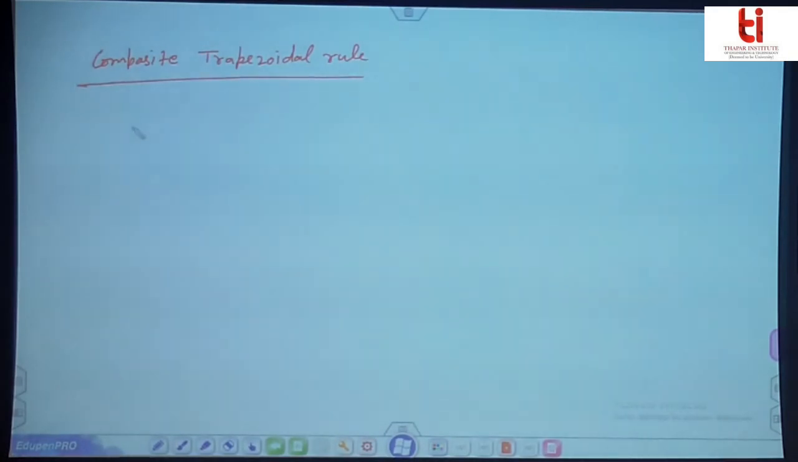What is the composite trapezoidal rule? We divide the interval a to b into n subintervals with step size h equal to b minus a upon n. So we divide the whole interval ab into n subintervals with a step size of b minus a upon n,